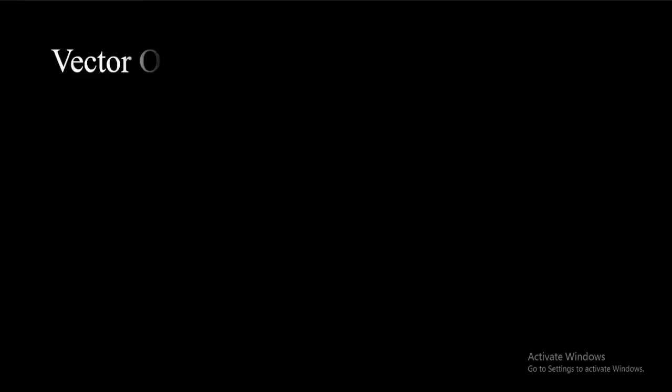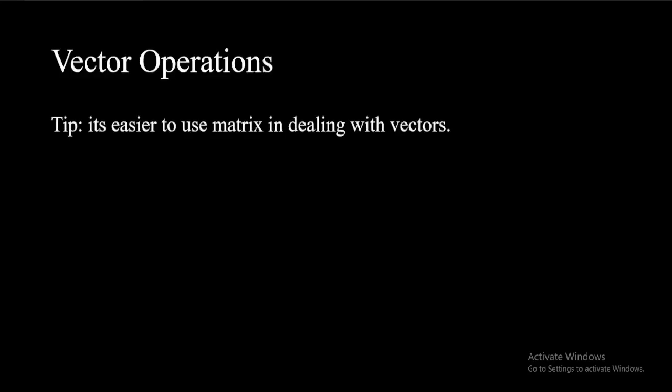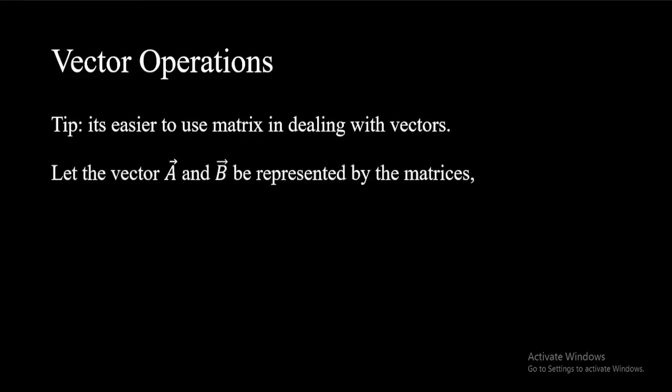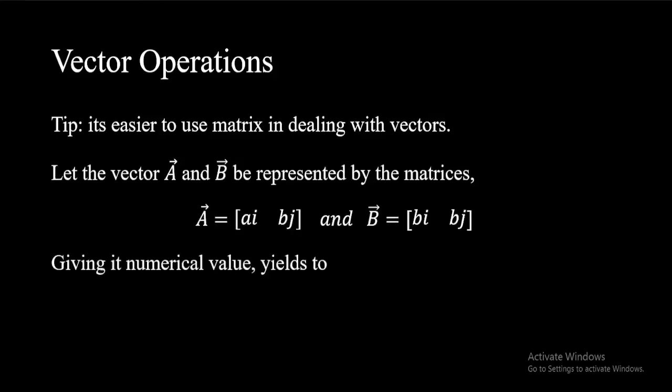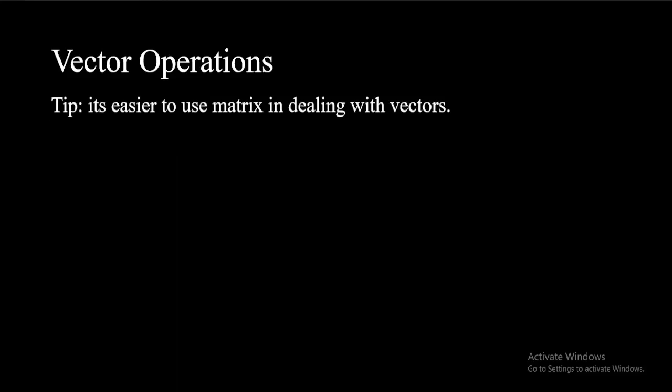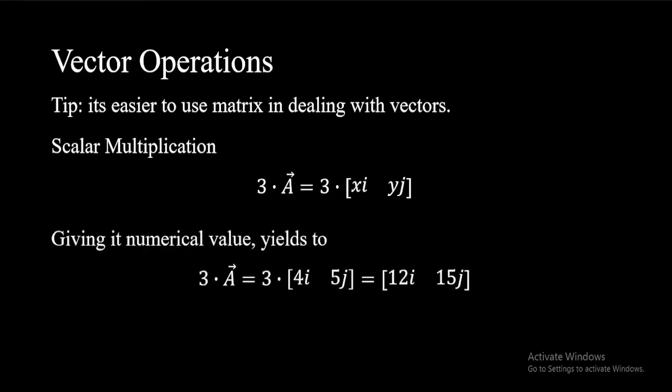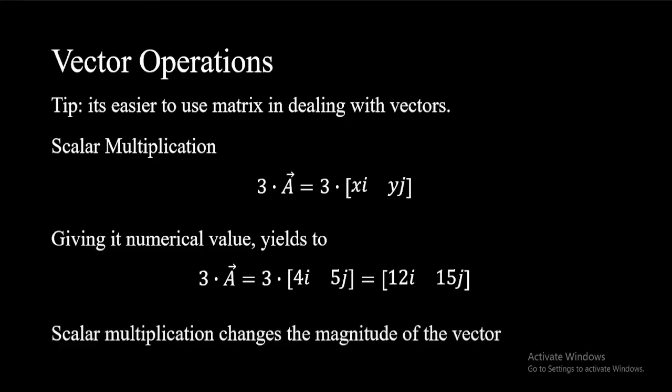We can also use matrix to represent a vector. Let vectors A and B be represented by giving them numerical data yields. We can use this technique to carry out scalar multiplication. Consider vector A as it is multiplied by a scalar number 3. Let's use numbers to show that. Scalar multiplication changes the magnitude of the vector and orientation of the arrowhead, but not the absolute value of the